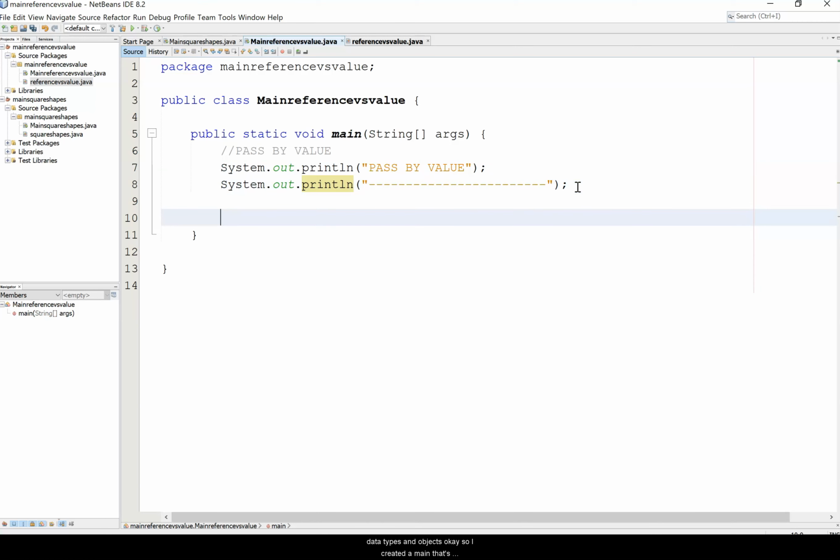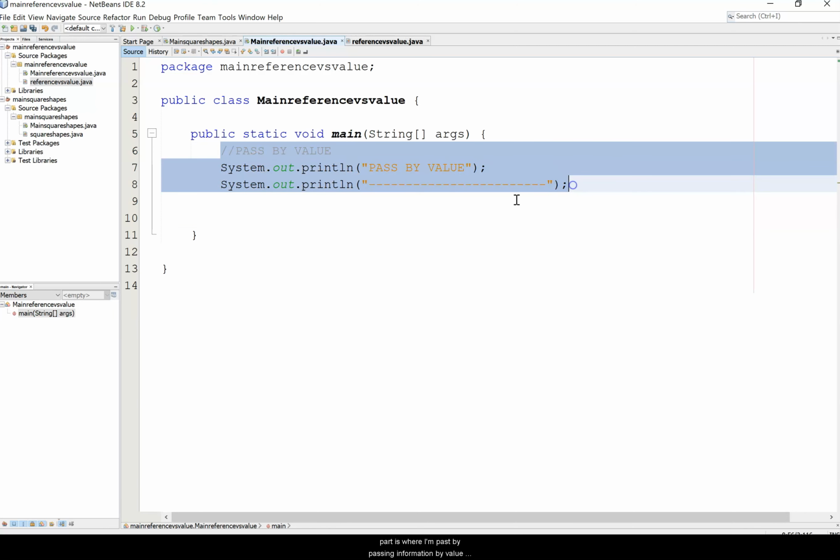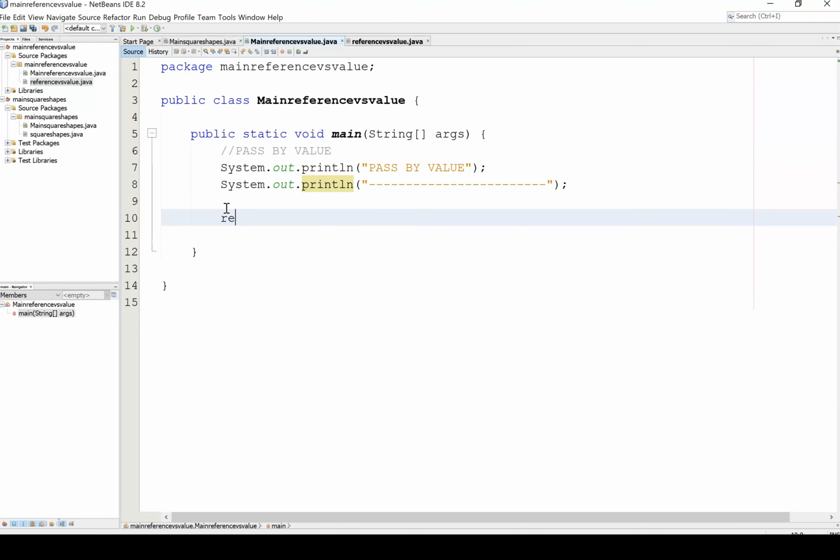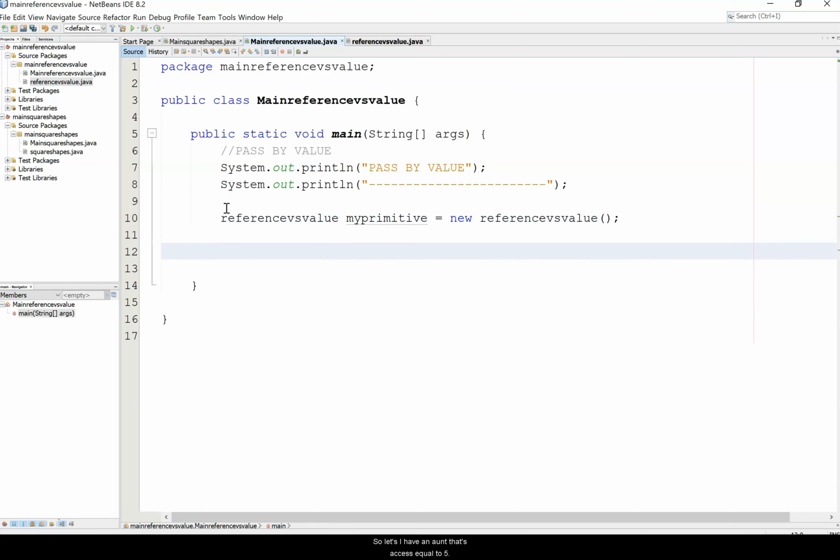Okay, so I created a main called main reference versus value, and then a class, reference versus value. This first part is where I'm passing information by value, and we're going to see what happens. I'm going to say my primitive equals new reference versus value. Let's say I have an int x and it's equal to 5,